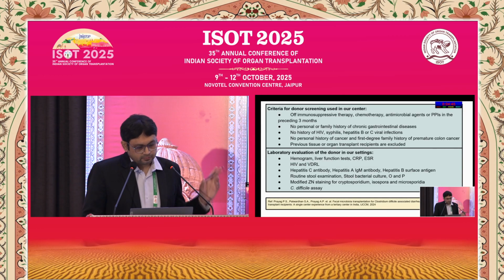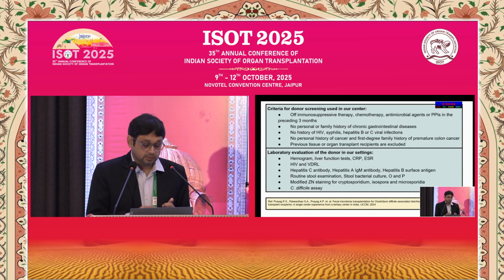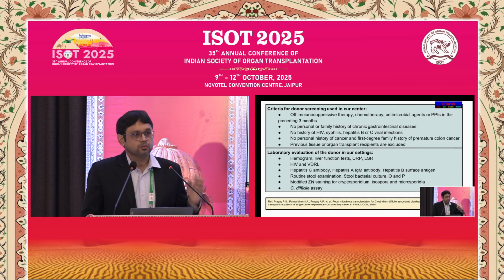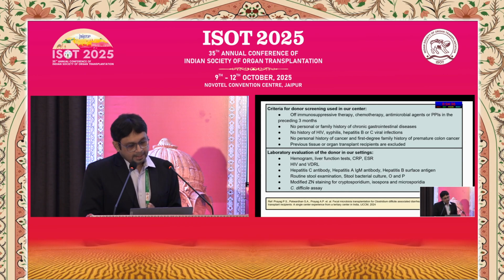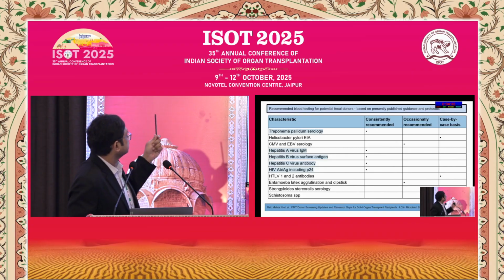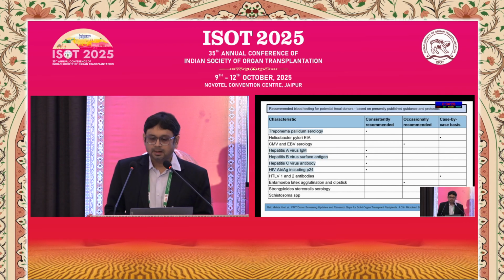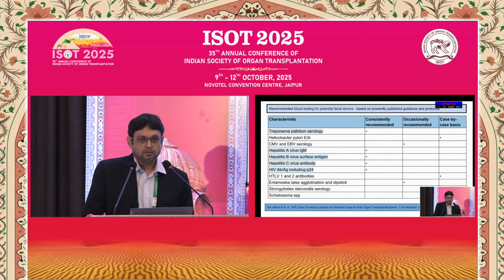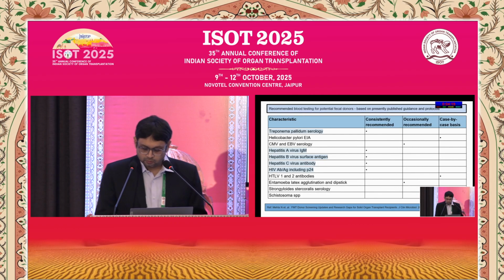So as far as lab evaluation is concerned, screening the donor is a challenge in our setting. We have to screen multiple donors to get to the right kind of donor. And laboratory wise, what is mandatory is screening for syphilis, hepatitis and HIV. Now the 2 things that are interesting is that should you be screening donors for CMV and EBV? So blood test for CMV and EBV when you're trying to do an FMT in the setting of solid organ transplants.